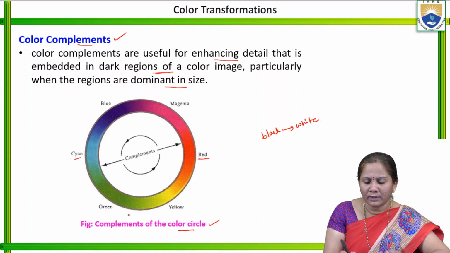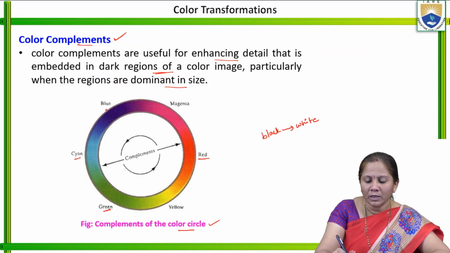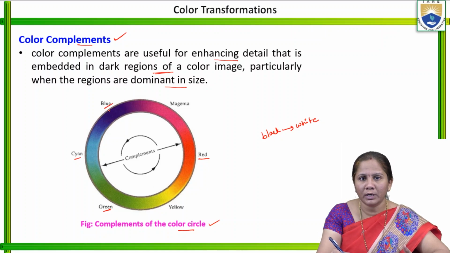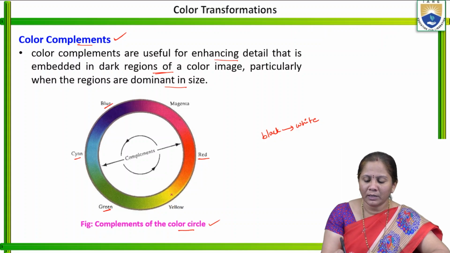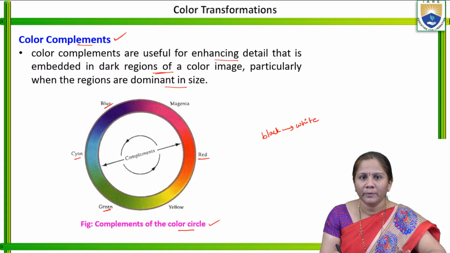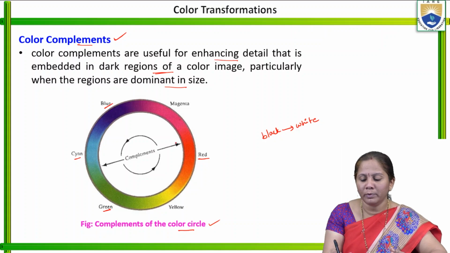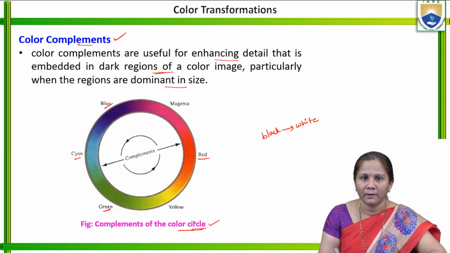Similarly, if the color in the input image is green, opposite to this green in the color circle is magenta, so it will be complemented with magenta. And coming to blue, if there is any blue color in the input image, after applying this color complement, we can observe in the color circle, the opposite color to blue is yellow. So it will be complemented with yellow. Similarly, based on this color circle, any shades of color in the input image will be complemented with the opposite colors. It is based on the color circle.